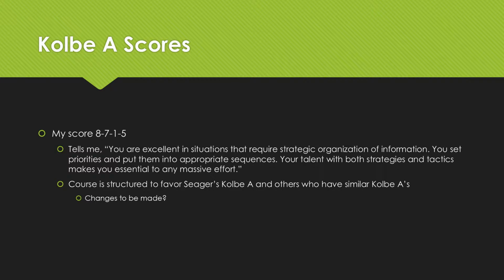So first, I'm going to start off with the Kolbe A scores. Upon finishing the Kolbe A, my score was 8715, and it takes you to a screen and gives you a spiel about yourself. Mine was that I'm excellent at strategizing, organizing information, putting it into appropriate sequences, and I'm essential for any